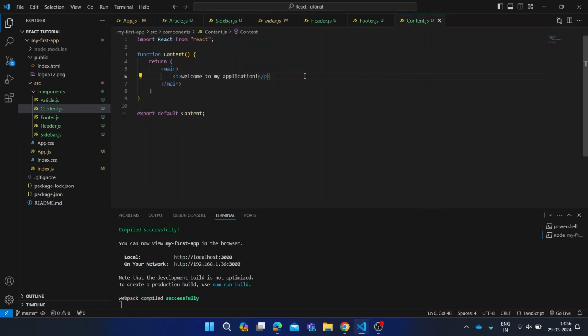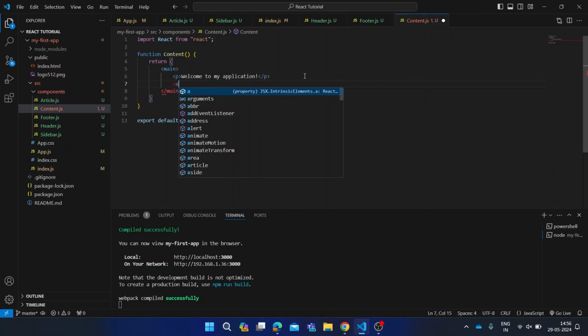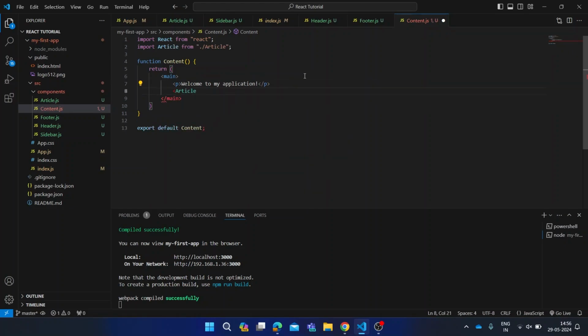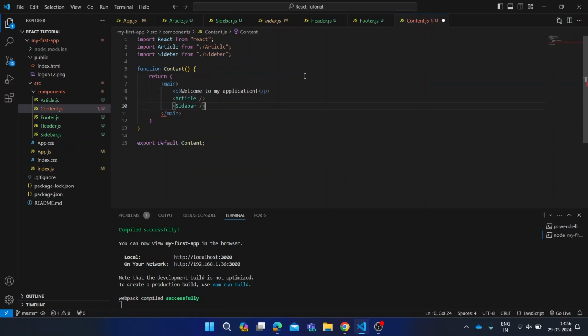This further breaks down our UI into smaller parts, each responsible for a specific piece of content. The app component remains the same, but now the content component has its own nested components, making our application structure more modular and easier to manage.